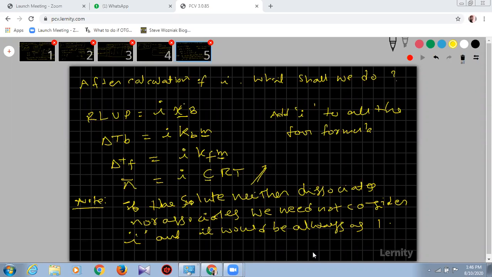Now this is applicable in the case of strong electrolytes. Now we will take weak electrolytes. So, Van't Hoff factor. Take down this, and I'll go for the next subtopic. There is one next case: the Van't Hoff factor in the case of weak electrolytes. Till now we discussed strong electrolytes.